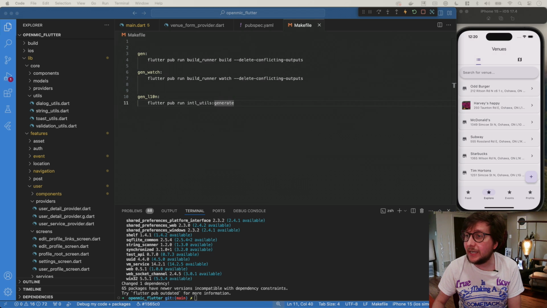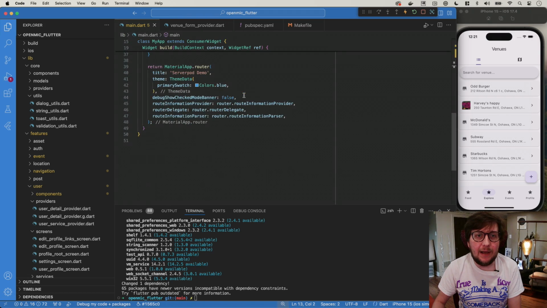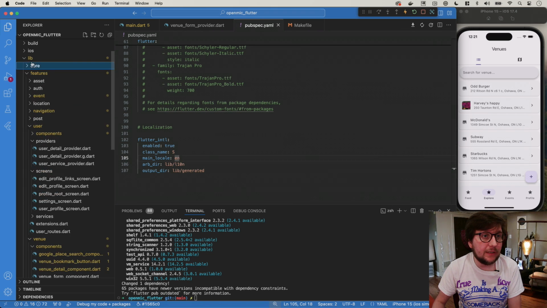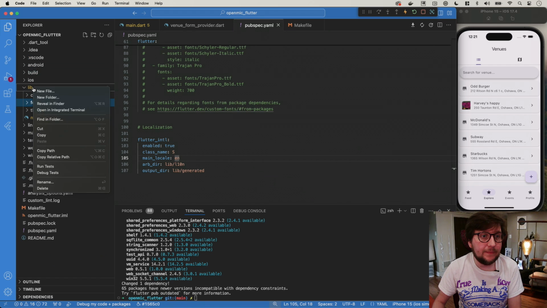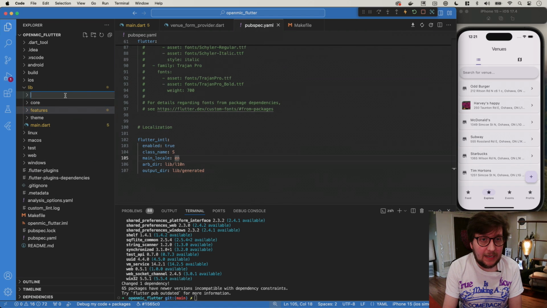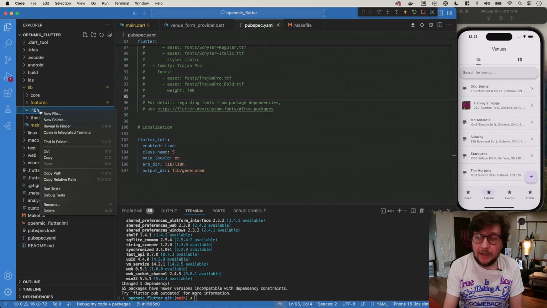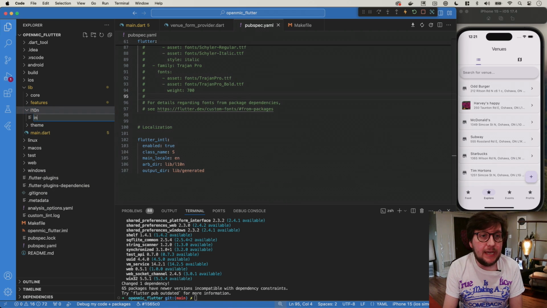The other thing we need to do is actually make those files that I was talking about. Where did this go? Main locale, cool. So we're going to go into our lib folder. I'm just going to close all this stuff, and we're going to make a new folder called L10N. And within there, we're going to make two files. We're going to make intl_en.arb,